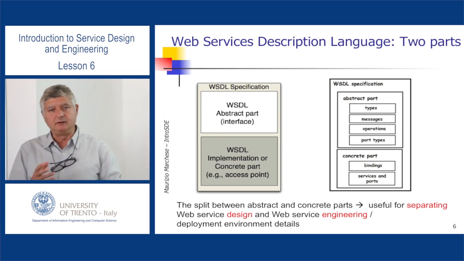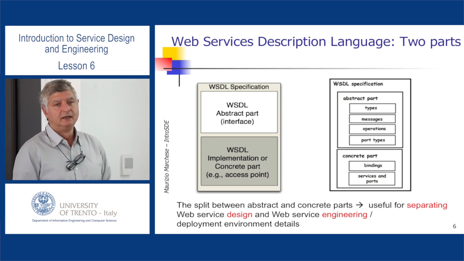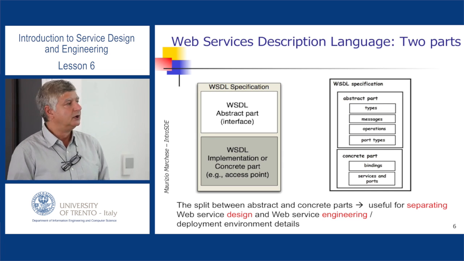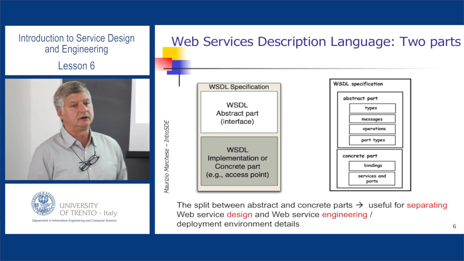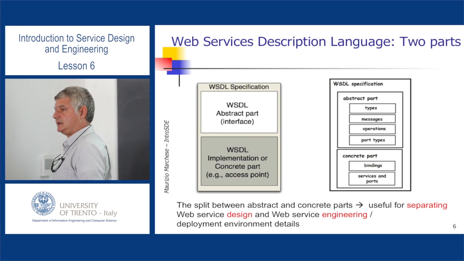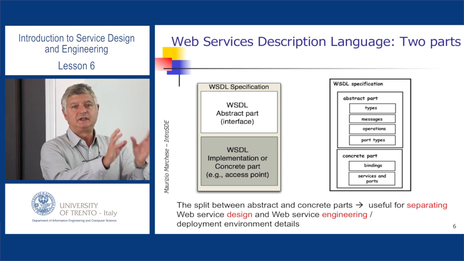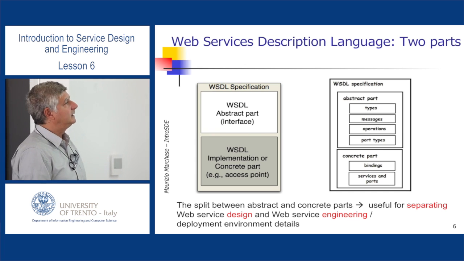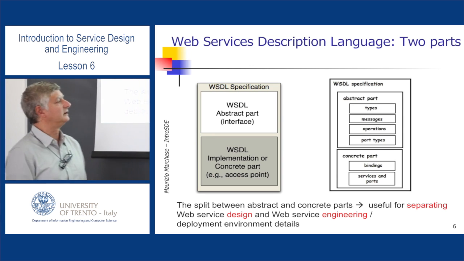Those are essentially the main components of this abstract part: data types, how the messages between the two objects, client and server, look like, how you combine these messages into operations, and how you finally put it into so-called port types. And then there is another part which is called the implementation or concrete part of the WSDL